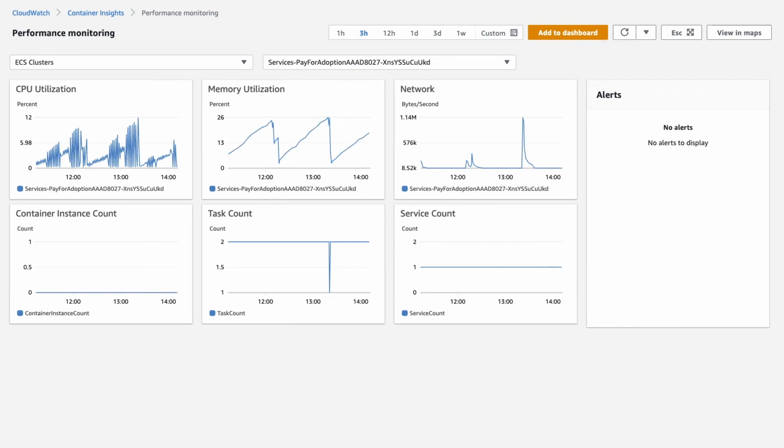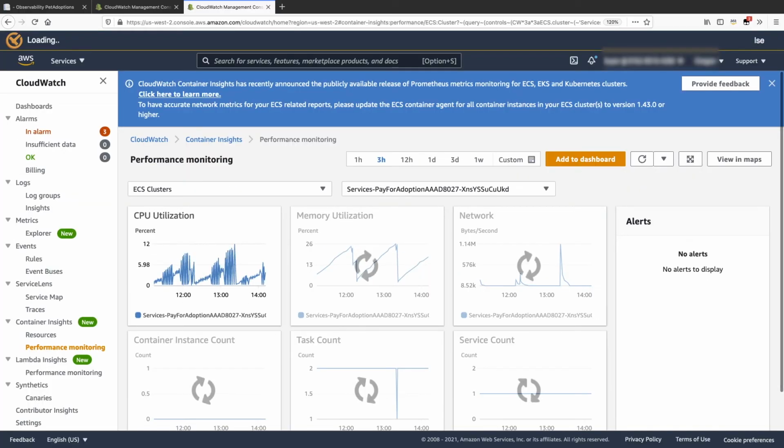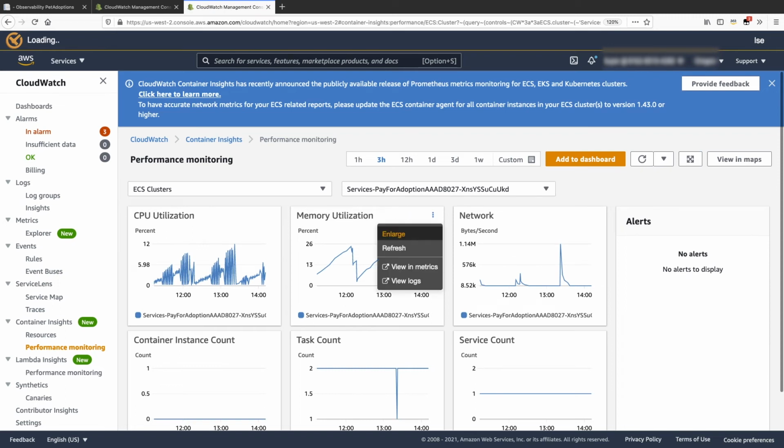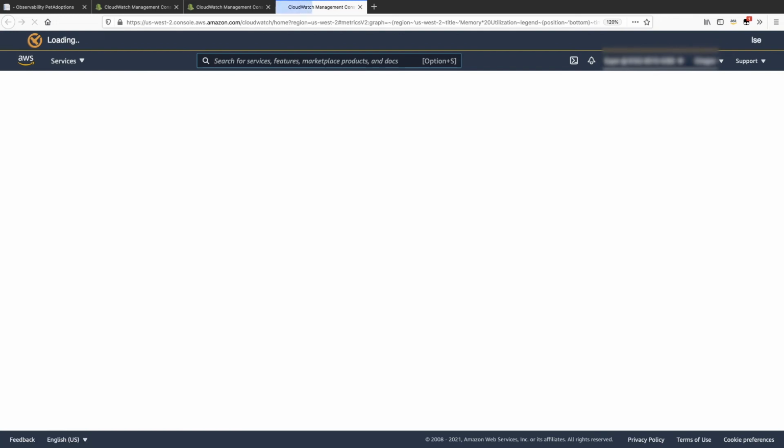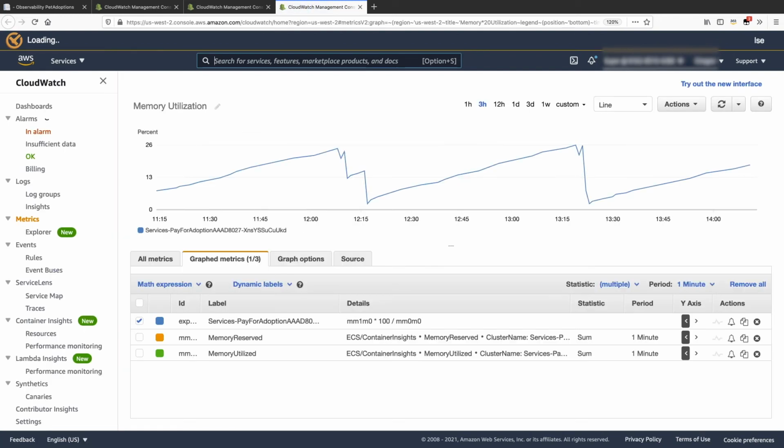But we want to get more information about what's behind that. You can choose to go to another page, which is View Metrics. It shows more information for you, and you can take other actions. For example, you can set up an alarm based on an anomaly detection band to notify you when this pattern occurs next time.